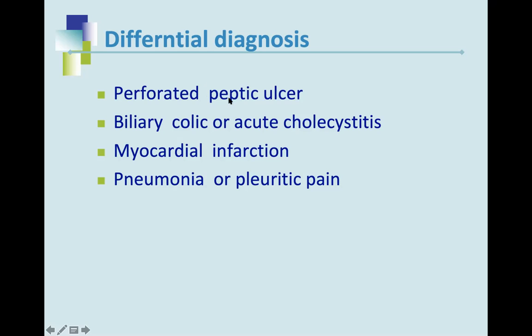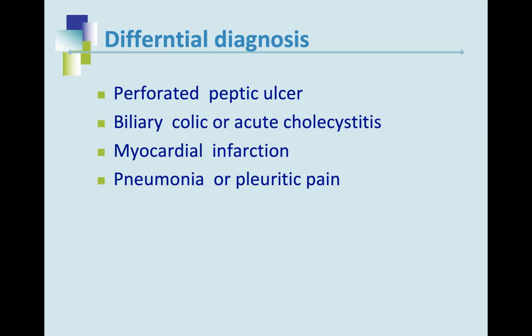There are other investigations and examination. When you examine, there is very much rigidity in perforated peptic ulcer, while in case of pancreatitis, the structure is lying retroperitoneally, so there will be severe pain. It is said that the pain is out of proportion as compared to examination findings. You will examine the patient and there will be no significant tenderness, but the patient will be in severe pain. While in perforated peptic ulcer, the abdomen will be rigid, board-like rigidity, and there will be sudden onset. So this is the differentiating point of why you are not making perforated peptic ulcer your most probable diagnosis in that scenario.